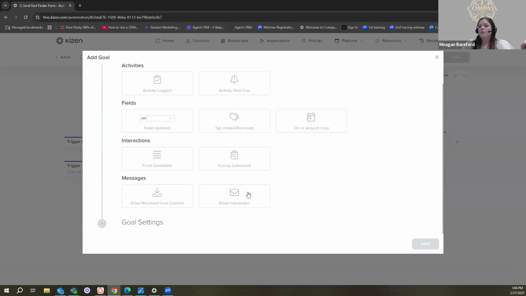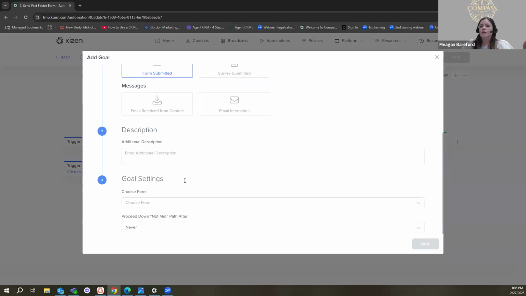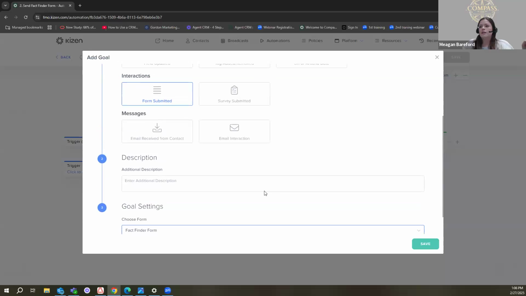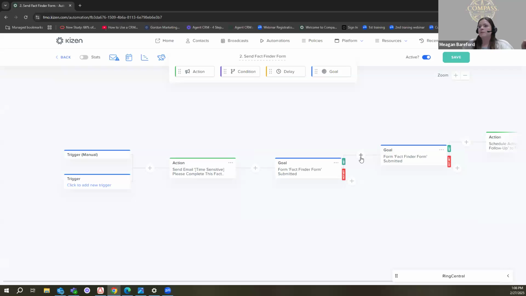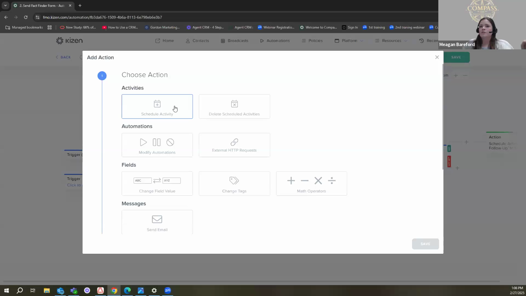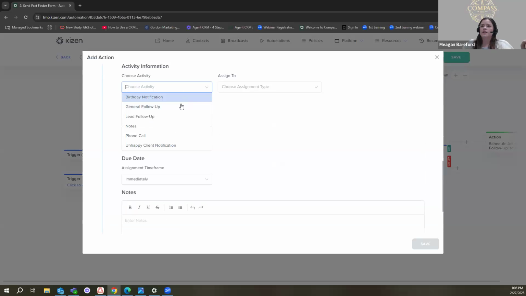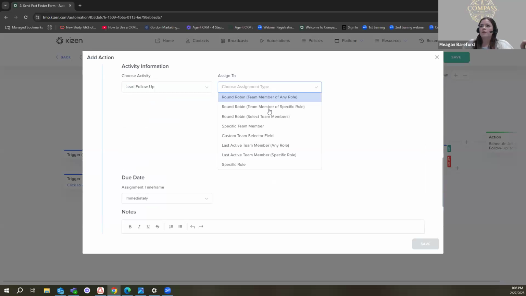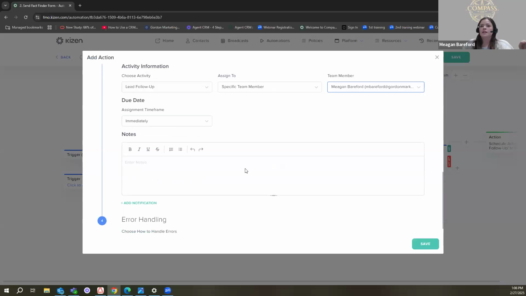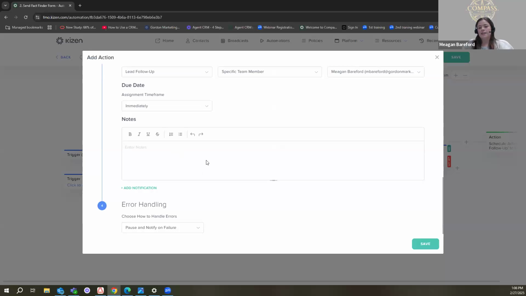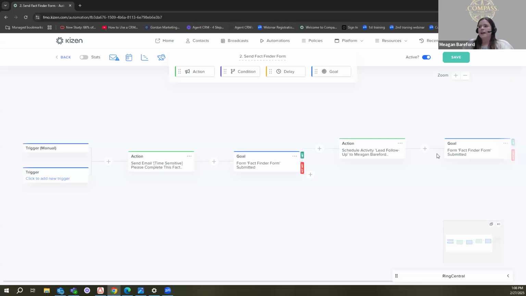So I'm going to set a goal so that when my scope of appointment form is completed and that goal has been met, I would add an activity. I'm scheduling an activity. It's going to be a lead follow-up since it's a new product. I'm just going to always assign it to me. And then you can add any notes on here that you'd like, save it,